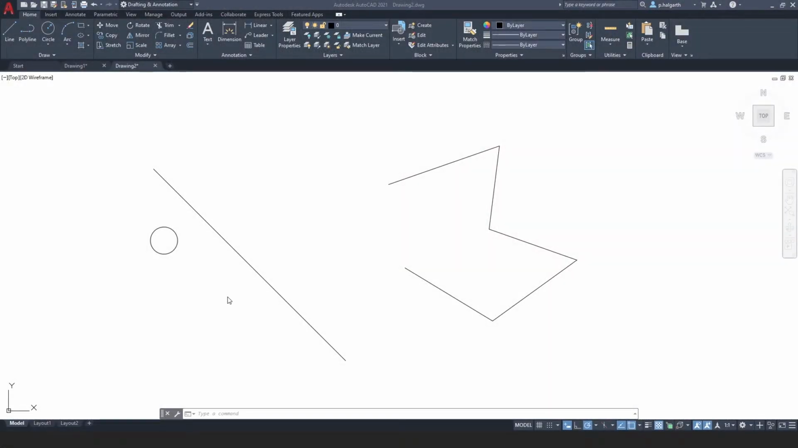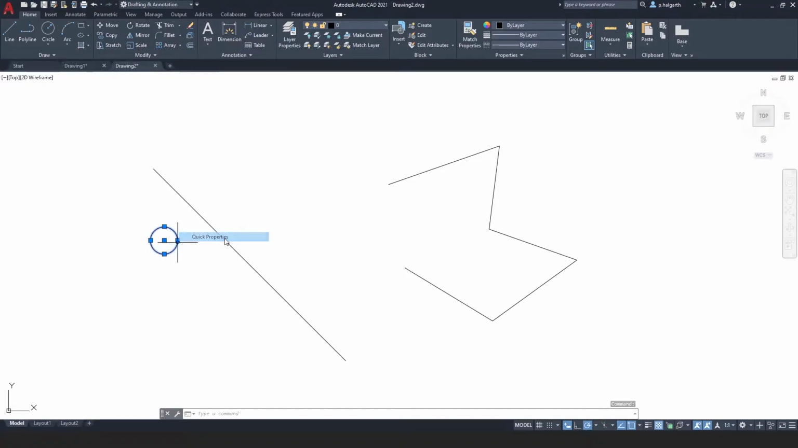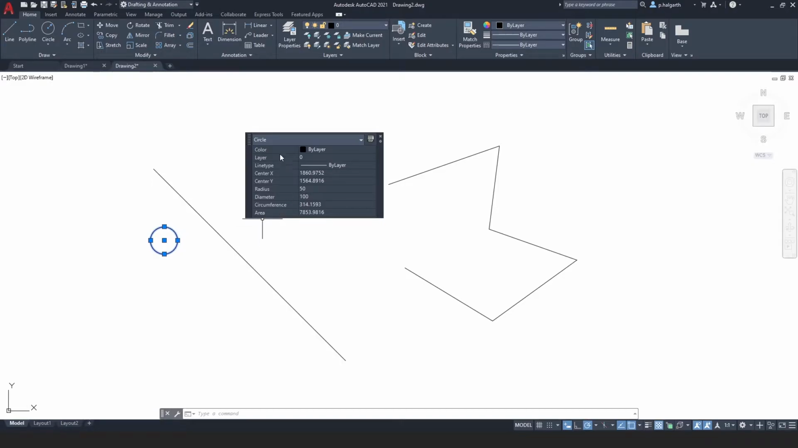This is a nice quick video, just to show you that there are two different properties windows that you can use for any object. If I select this circle and go to the very bottom, quick properties, here I can see the major properties for this object. So I can see it's a circle, I can see that it is on by layer for colour, I can see it's on layer 0,